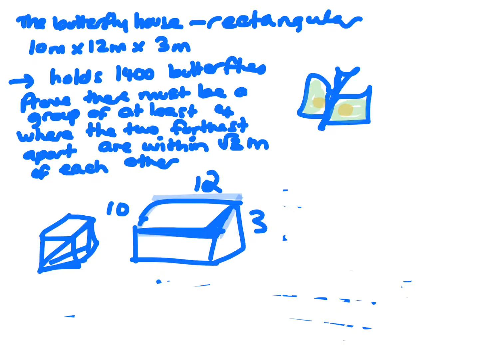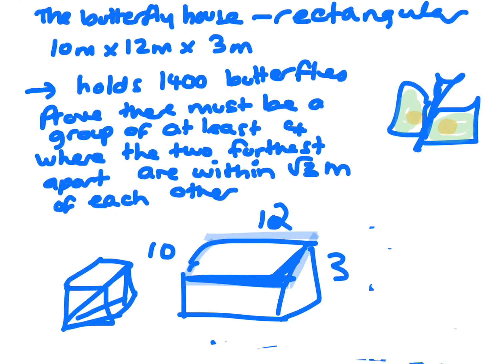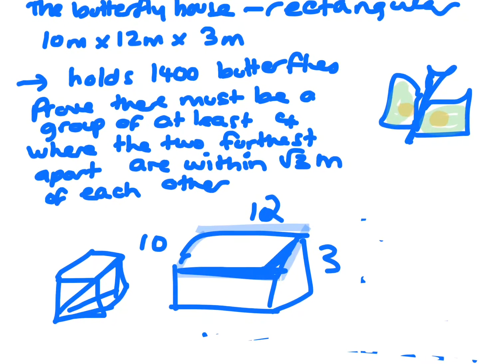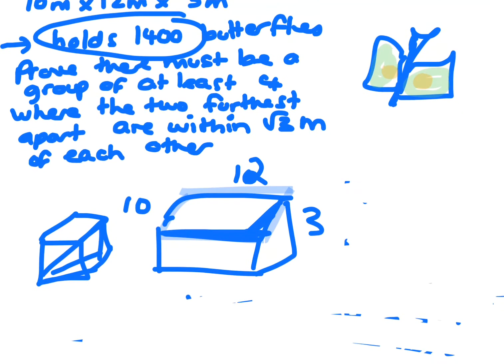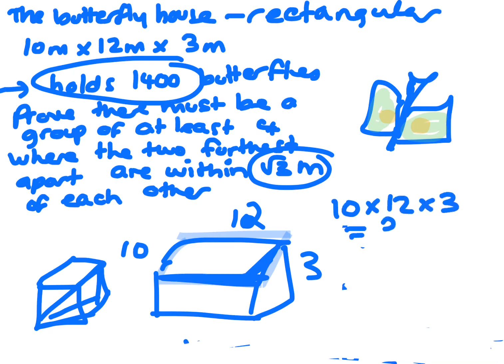Okay, so looking at the butterfly house. The butterfly house is a rectangular prism, 10 by 12 by 3, and it holds 1,400 butterflies. Prove that there must be a group of at least 4 butterflies where the furthest apart anyone can be is √3 meters. So the actual number of cubic meters in this house, if you multiply all those numbers, is 360